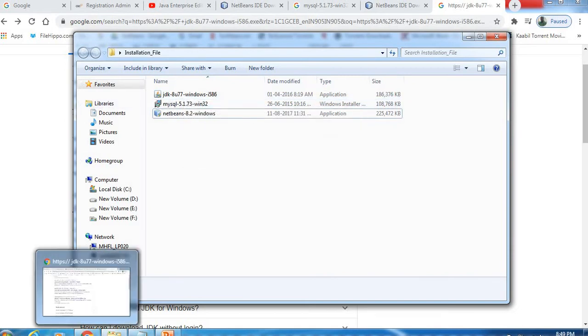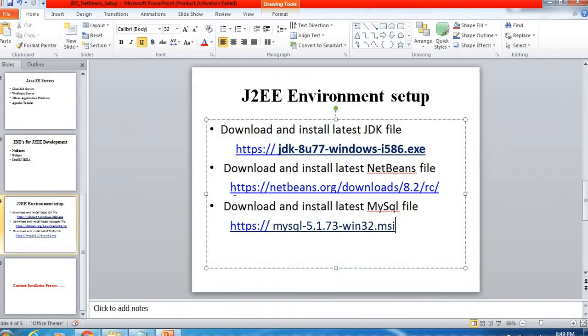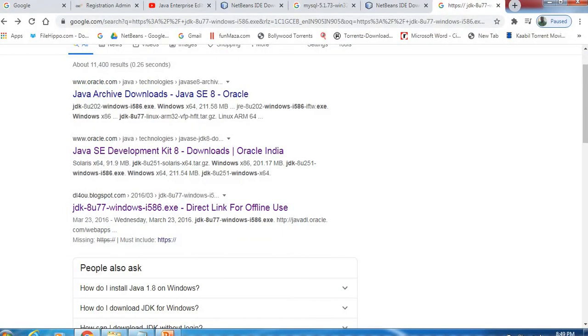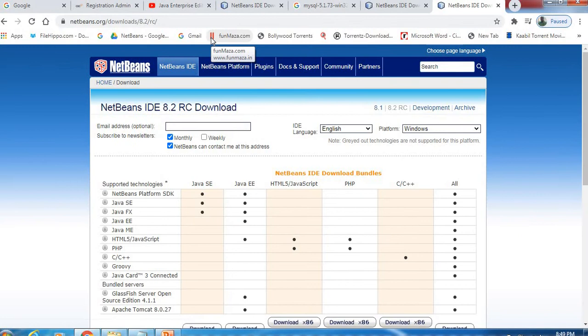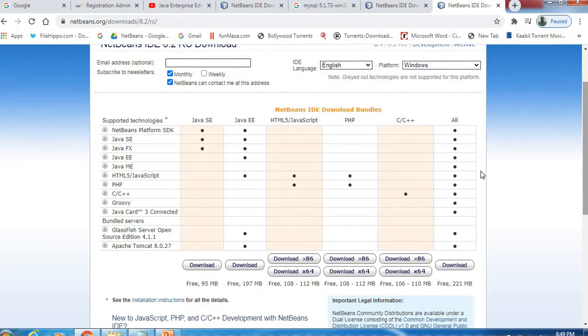The second thing is you have to download the NetBeans file. So again we will copy this link, go back, and download this file. You can see the page which is open here. This is the NetBeans 8.2 IDE. There are